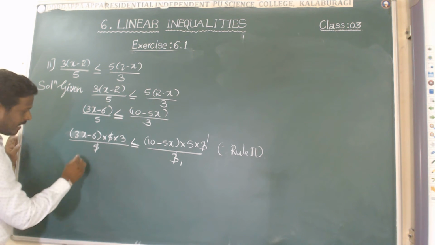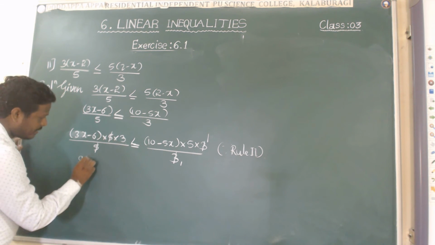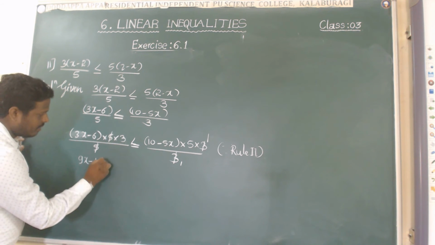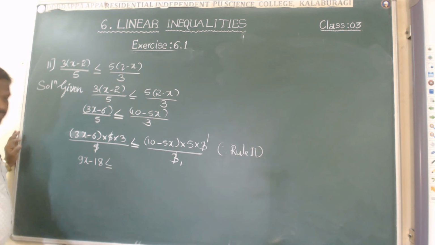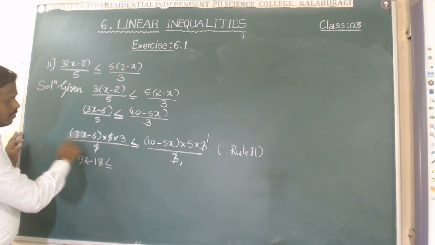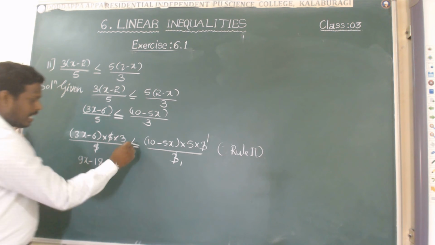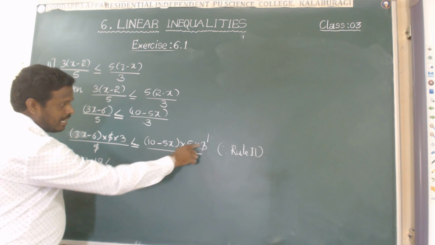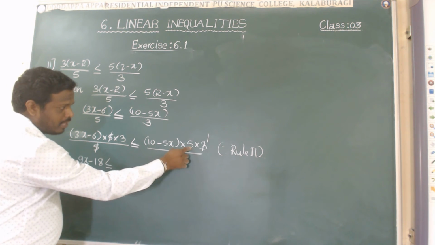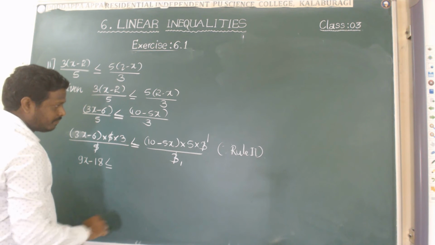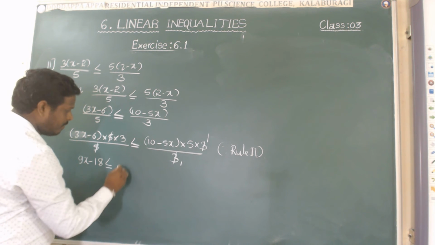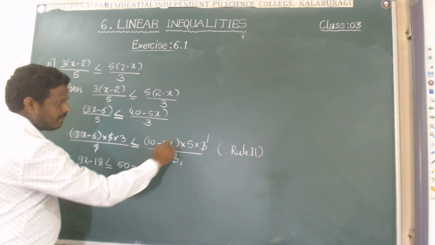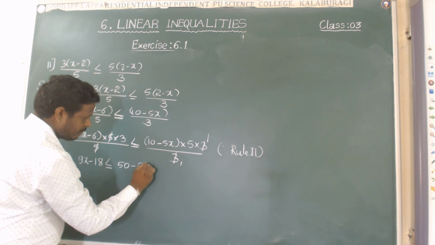3 3 is 9x, minus into plus, minus 6 3 is 18. I hope that all of you are getting this one. I am multiplying with 3 to both terms of the bracket and writing the symbol as this. And here 3 is left already and gets cancelled. We multiply with 5 to both terms of the bracket. Yes, 10 into 5, 50, minus into plus, minus 5 5 is 25.